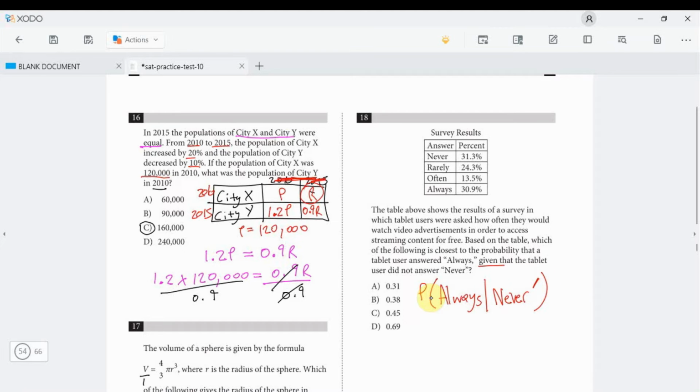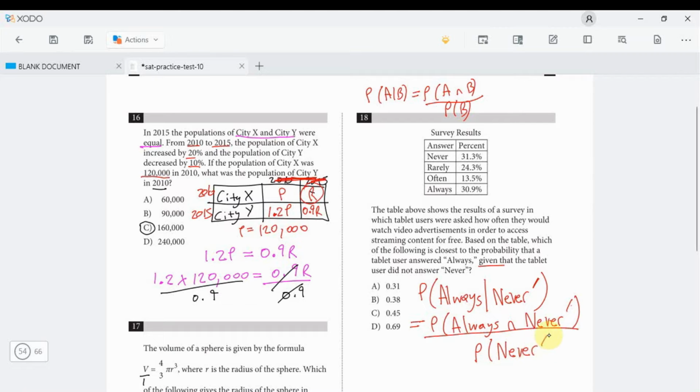All right, so we have to remember now that the probability of A given B is equal to the probability of A intersect B over the probability of B. That's the conditional probability law. So this is equal to the probability of always and not never over the probability of not never. Now, not never can be rarely, often, or always, and they intersect together at one spot, which is just always. So it's equal to